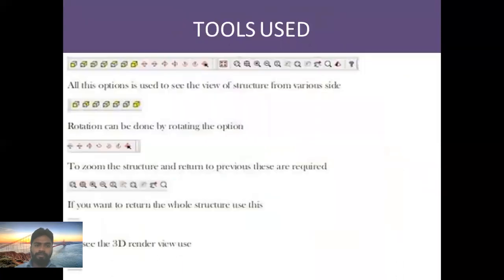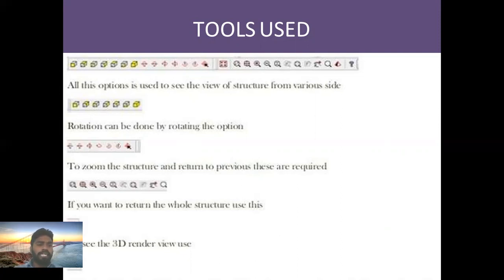Next, these are the tools used. The first row of tools are all the options used for view. There are various types of view: left hand side, right hand side, rendering view. For that view we can use the first row.